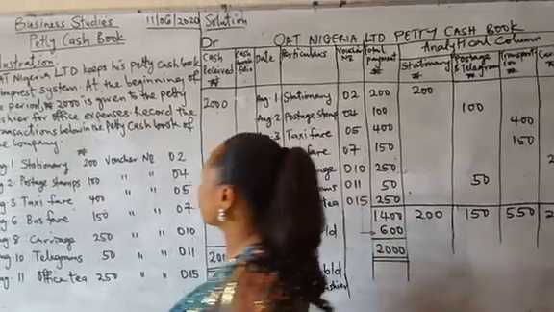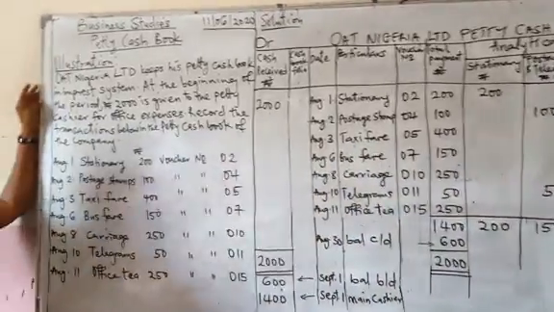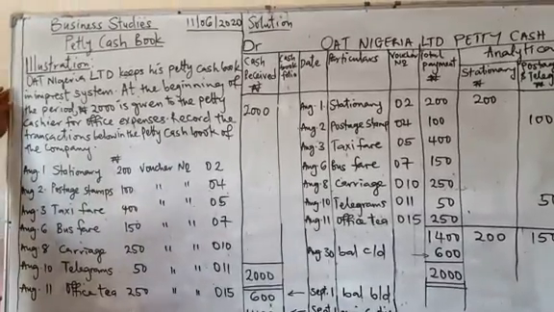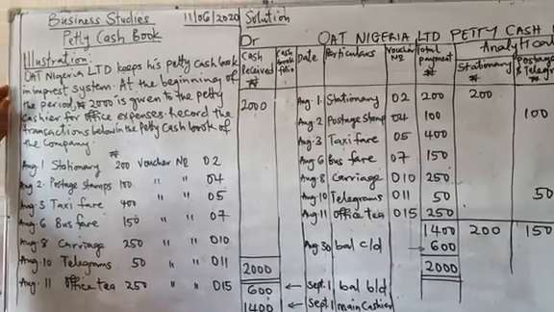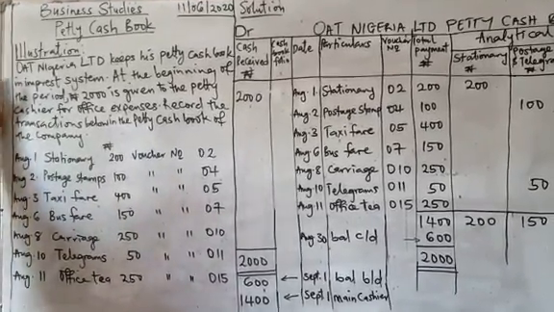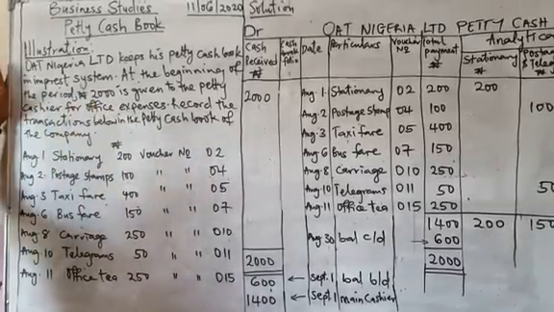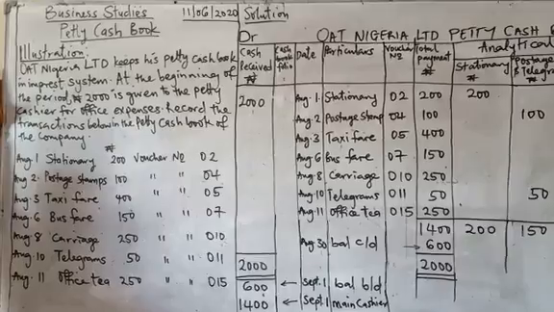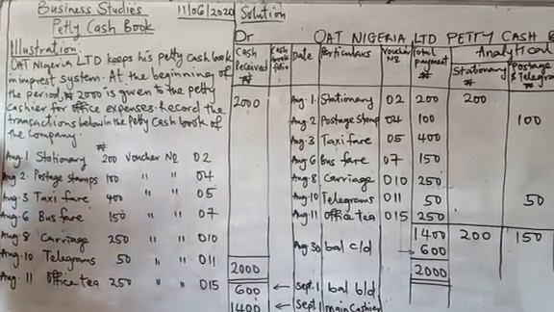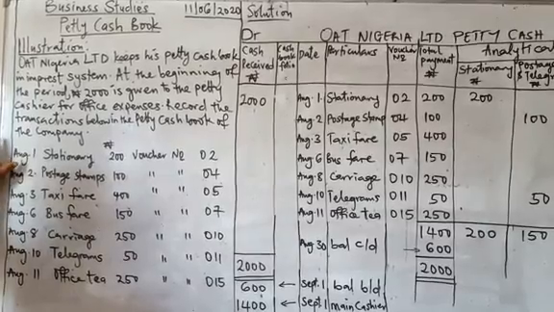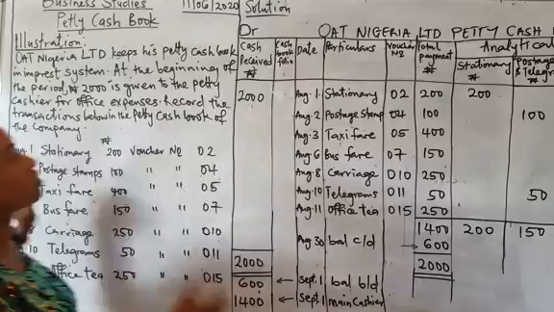So, illustration. Old Nigeria Limited keeps his petty cash book on the imprest system. At the beginning of the period, 2,000 is given, that is the float, to the petty cashier for office expenses. Record the transaction below in the petty cash book of the company. Then this is the ruling of